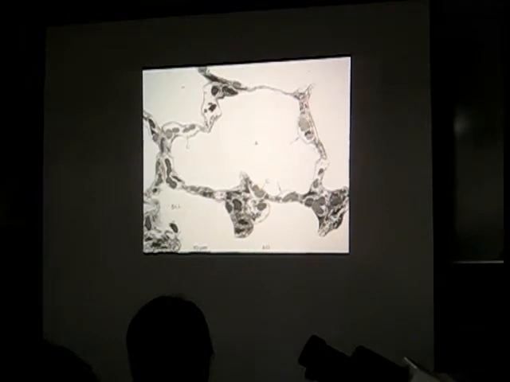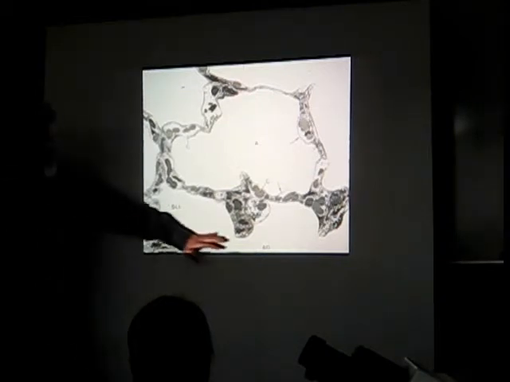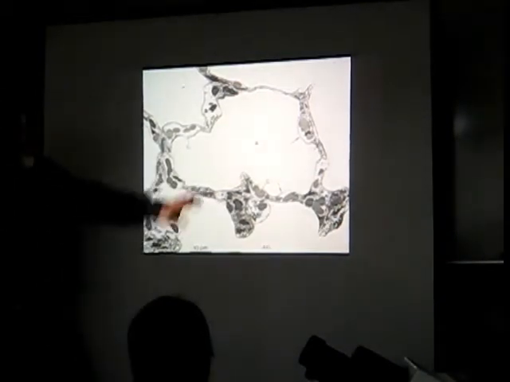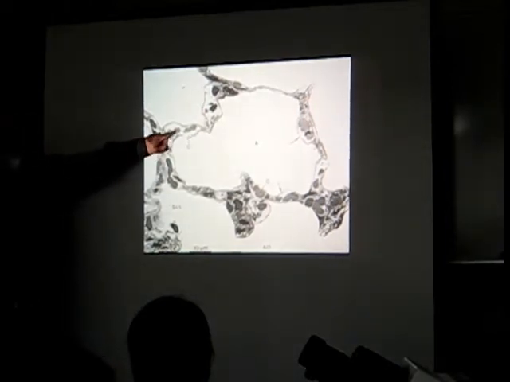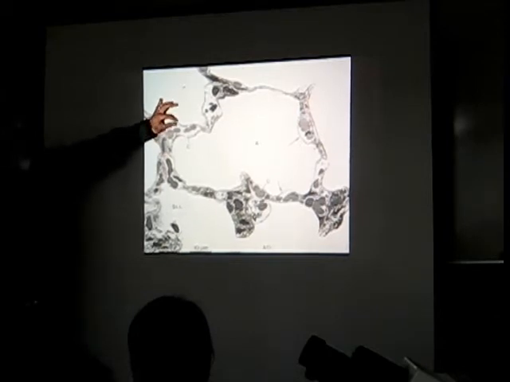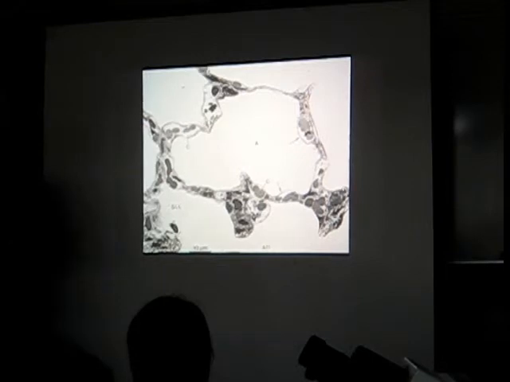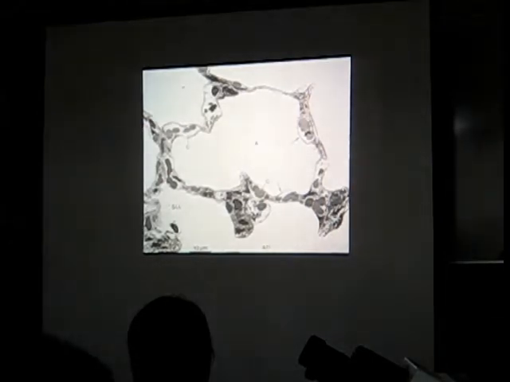Nice low-power electron micrograph of lung parenchyma. I mean, they're saying alveolar duct. I have no context for that, but this is clearly an alveolus, right? You can see nicely the capillary and the red blood cells, and here is that blood-air interface. Remember, that's 0.1 to 1.5 microns thick, consisting of